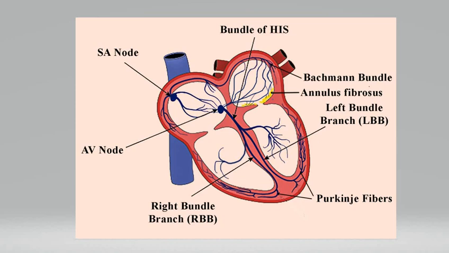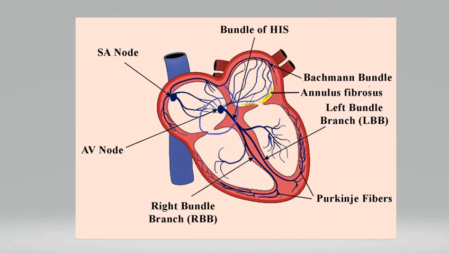What happens next is very important. Now these electrical impulses generated by the SA node hit the annulus fibers. By nature they are not good conductors. So the question is, how do these electrical impulses travel to the lower part of the heart? Yes, there is a path or gateway to transfer these electrical impulses to the ventricles, and that is the AV node, present in the middle of the heart.